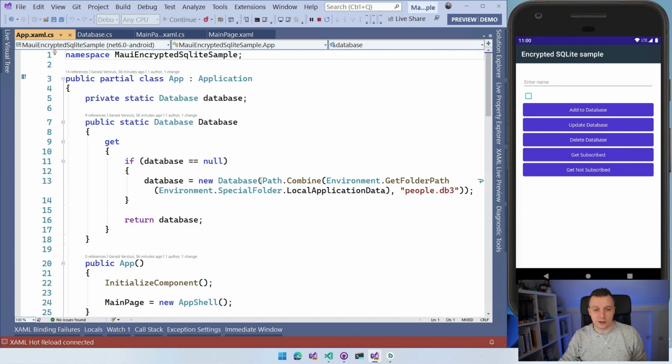And here you can say it creates a new database. It points to a path, which is on my local device. So I'm using some .NET APIs here to combine the path and get a specific folder on my device. Then I specify it with people.db3, and that will be my database file, and that will be created on the